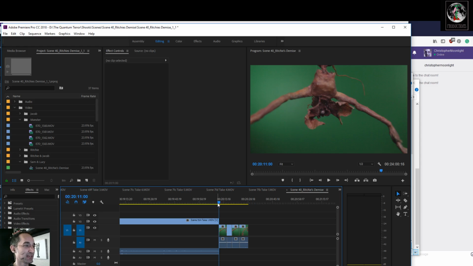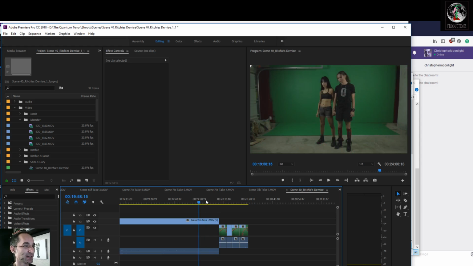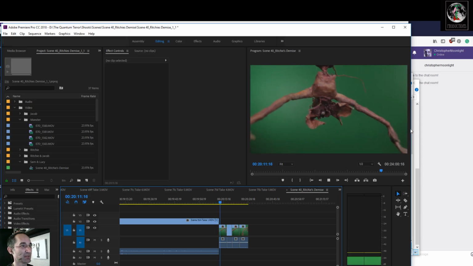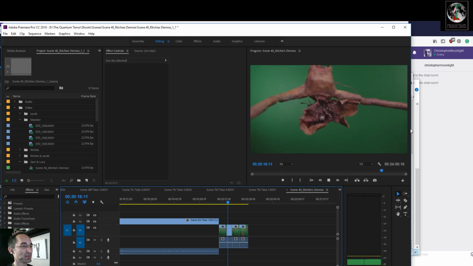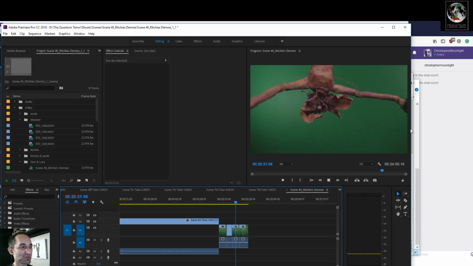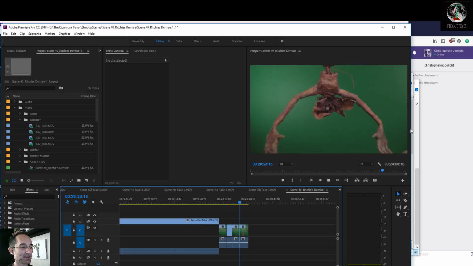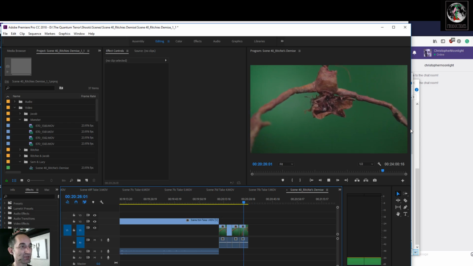So what we have today is we've got these characters here, and they are supposed to be... I won't get into why they're acting this way, but they're smiling creepily, and then we're going to have this creature drop down in front of them, like it's the point of view of the person watching the two women, and then this creature drops down, but actually right now the creature looks like it's moving in reverse.